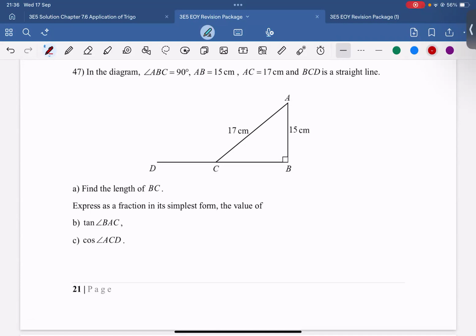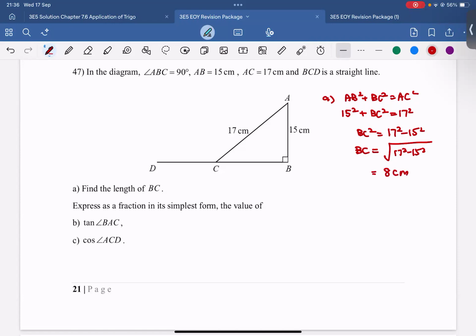Find the length of BC. Pythagoras theorem. AB square plus BC square equals to AC square. So AB square is 15 square, BC square don't know, AC square is 17 square. So to find BC square, we take 17 square minus 15 square. So BC equals to square root, 8